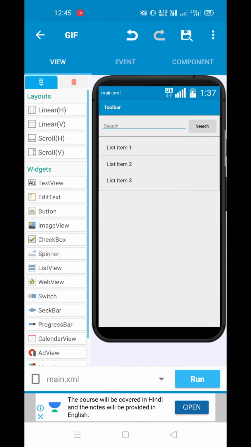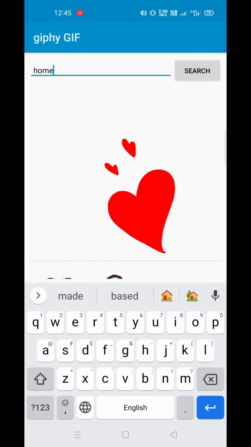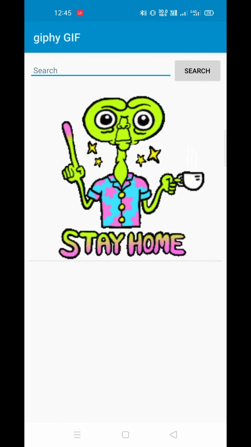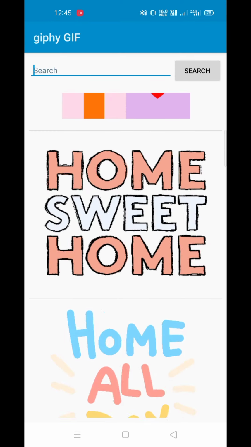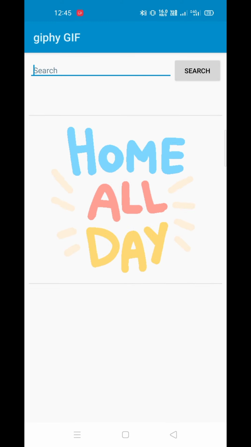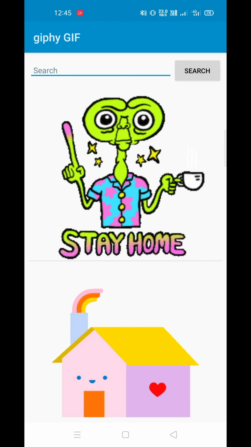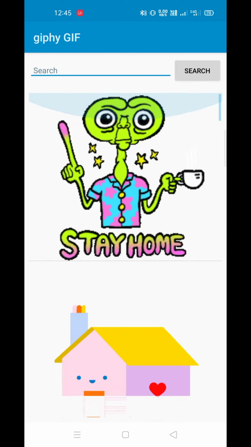So this is the application. This is the basic application, and you can implement it as you need in any chat application or any GIF application. This is an example of how you can implement Giphy in your Sketchware application. You see Giphy in your Google board or WhatsApp or many other chat messengers, there is a GIF option. So this is how it works.